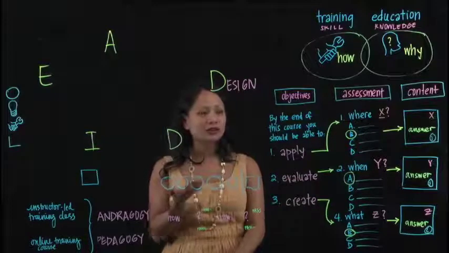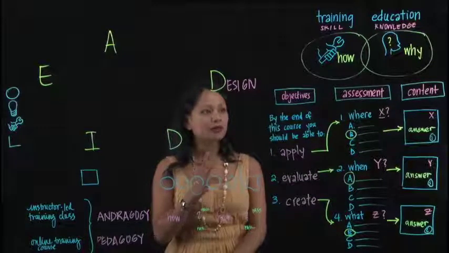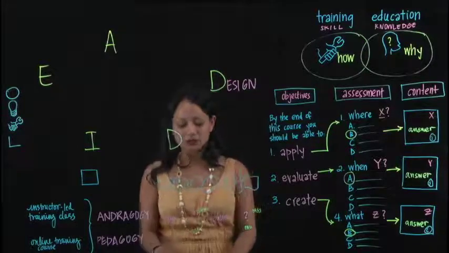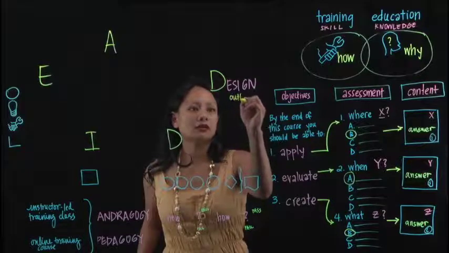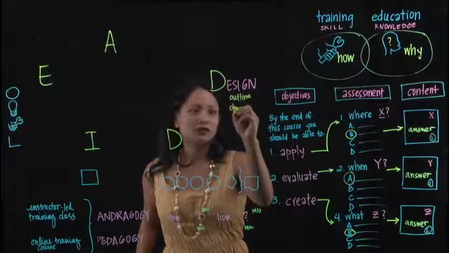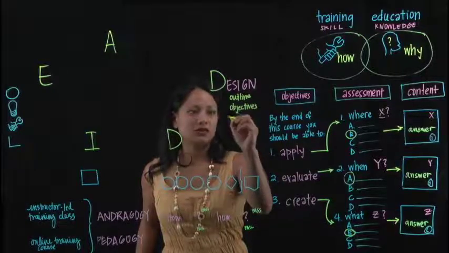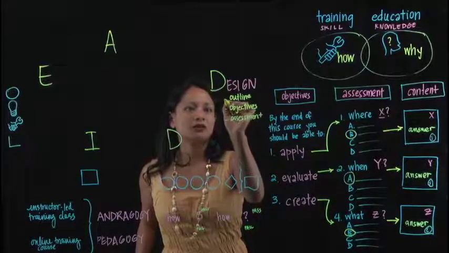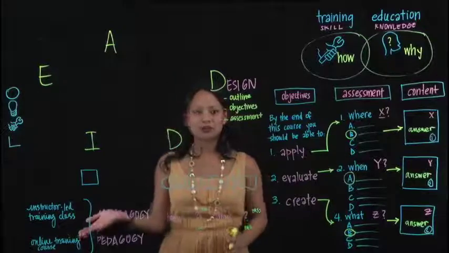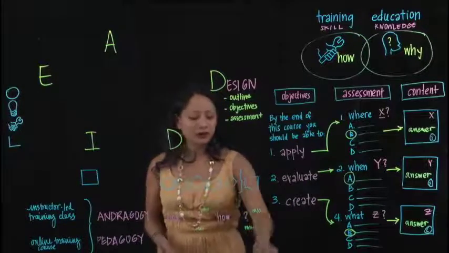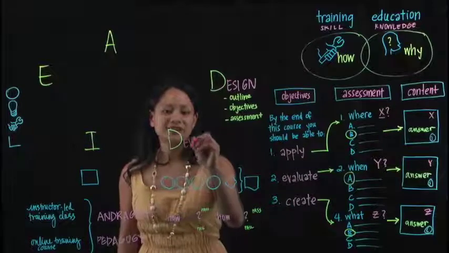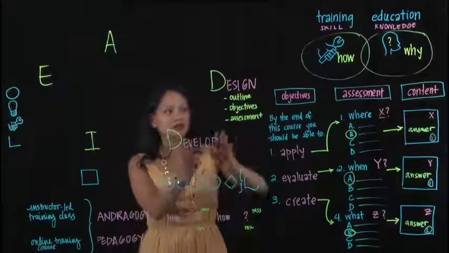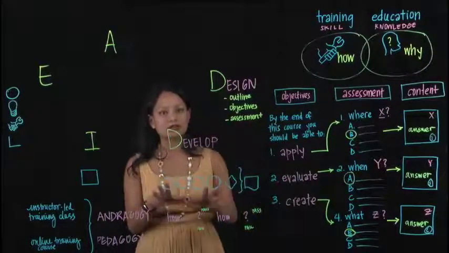So after you've used a backwards design process to identify your objectives, create your assessment, and outline your content, essentially what you're doing is, again, you're outlining. In this stage, you're identifying objectives, and you're creating an assessment. You're doing these three things before you start delivering a course. And before you start delivering a course, you need to move on to the next stage of an instructional model that says, after you design, let's start to put it all together, let's assemble it.